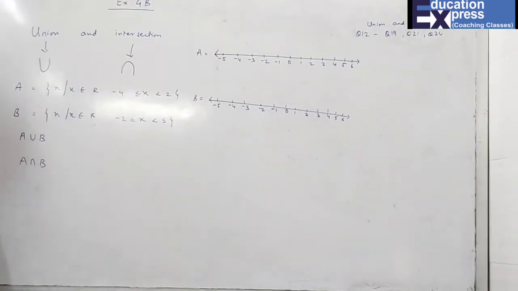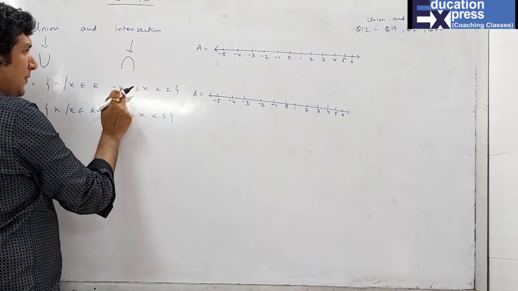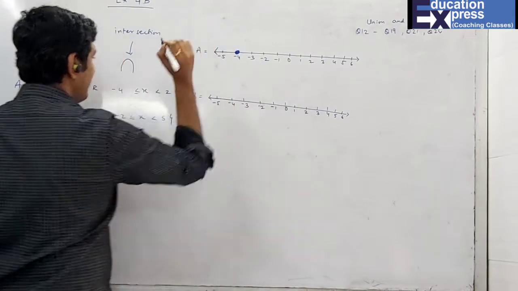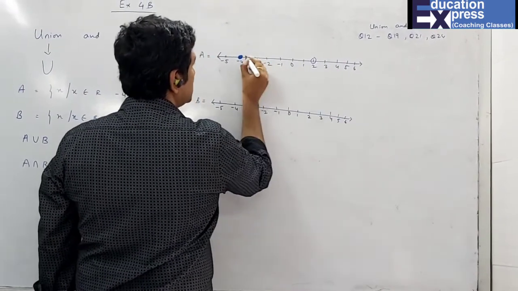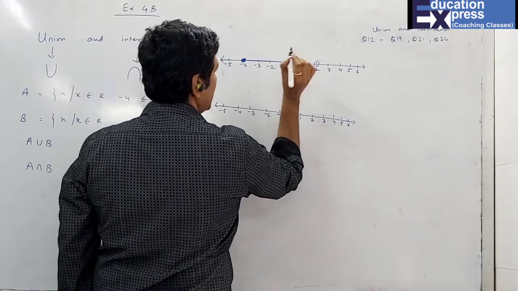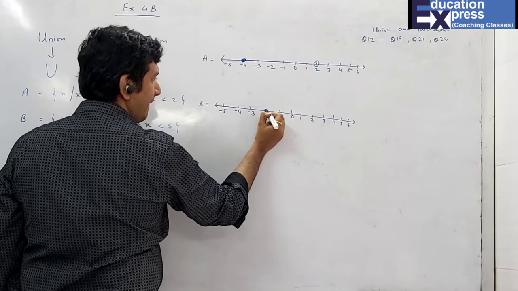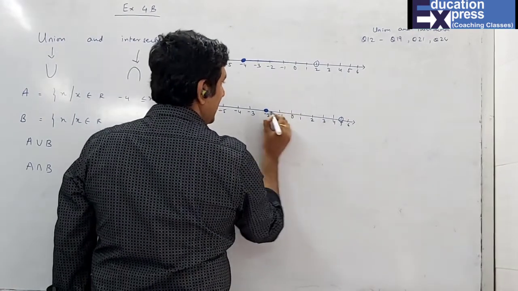So now if I represent, can you see X is more than or equal to -4? So -4 is here and it's solid, and last is what, till 2. So I'll just mark this. This is the first thing done. Now -2 again included, and then 5 not included, and then done.